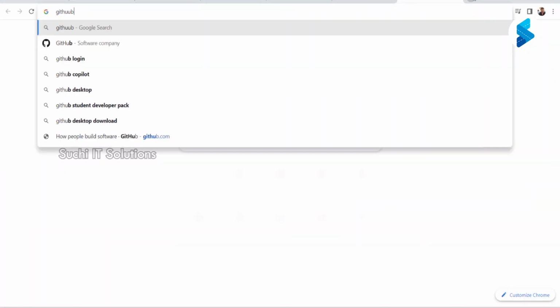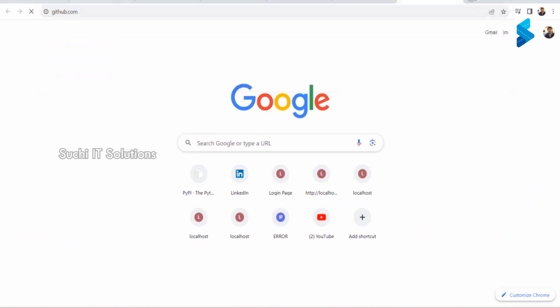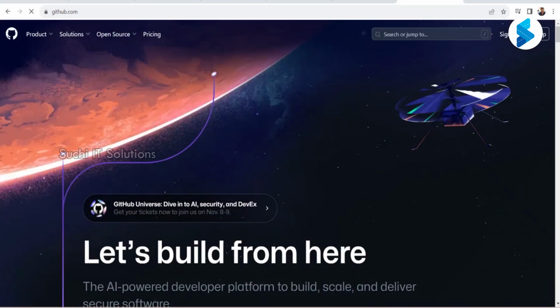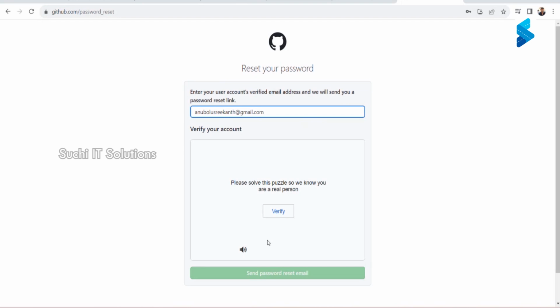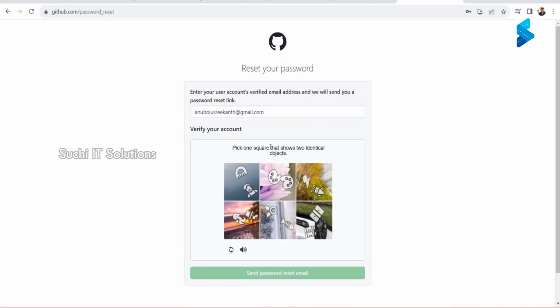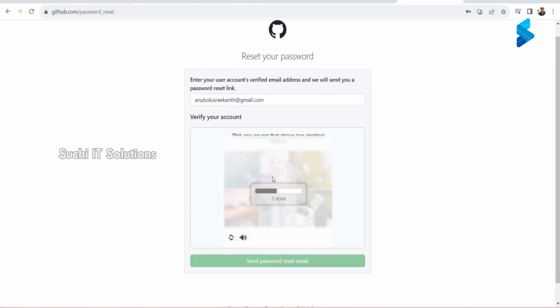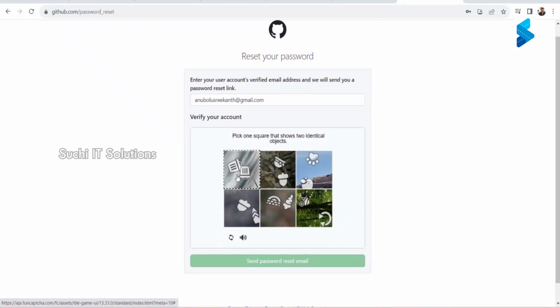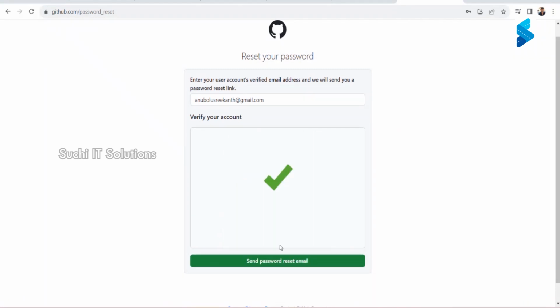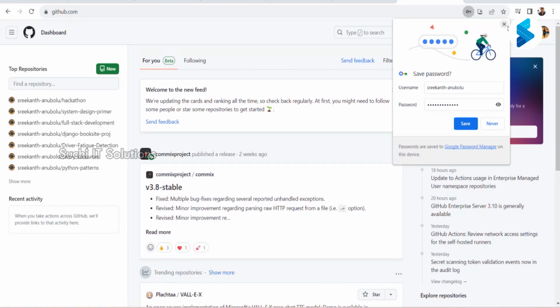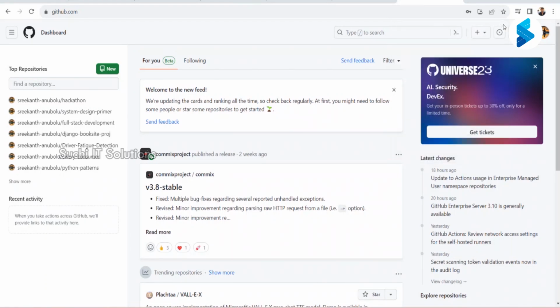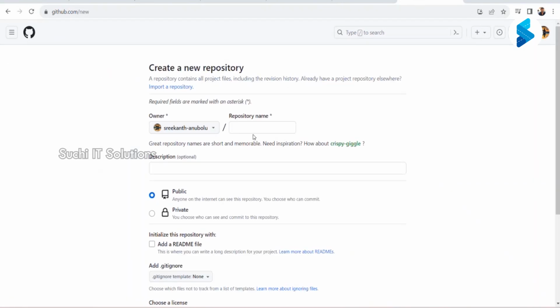I'm going to github.com. Right, I'm going to sign in. Okay, so what I'm going to do here, I'm going to create a new repository, and I'm going to call it